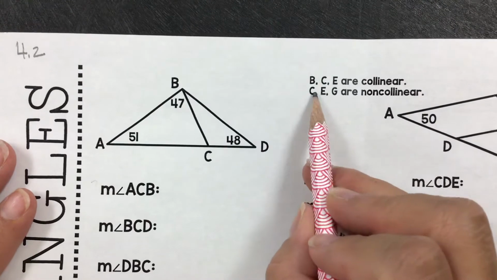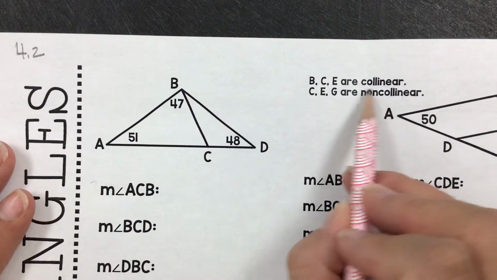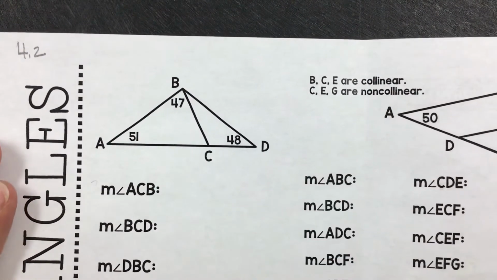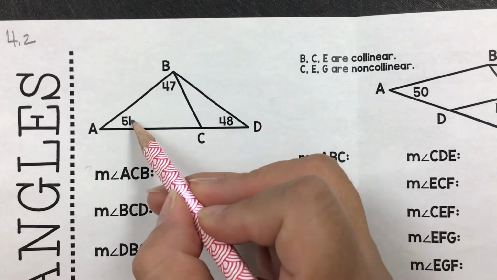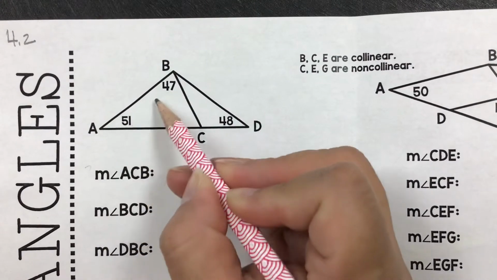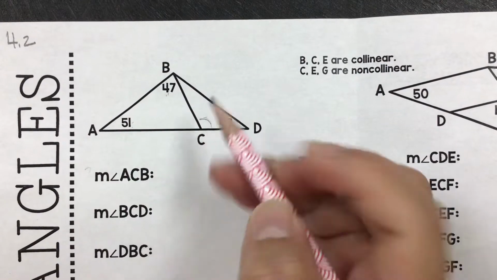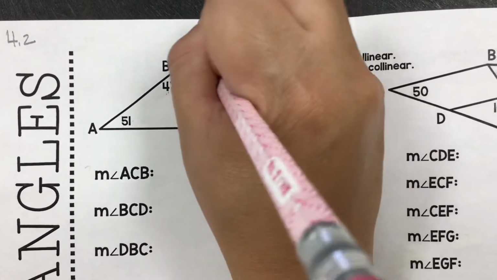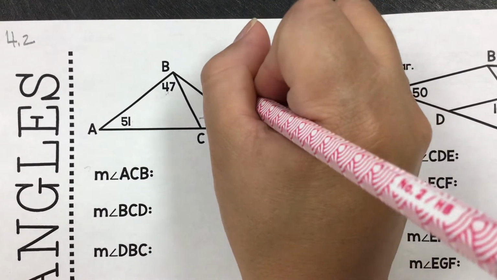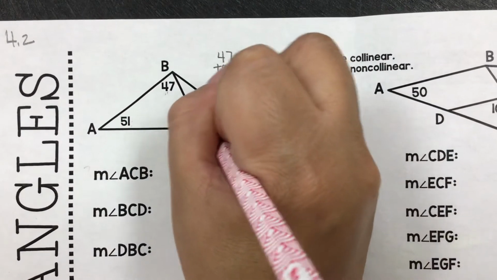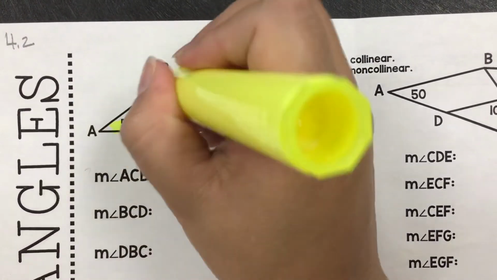these are important things to note: that B, C, E and C, E, G are collinear, and then these are not collinear. Why does that matter? Because sometimes we need to remember about linear pairs. We're going to use the fact that 51 plus 47 added together gives me the outside angle. So I'm going to write it here. 47 plus 51 is supposed to give me that outside angle, 98. And I'm going to highlight it just to remind you that that's the new theorem we